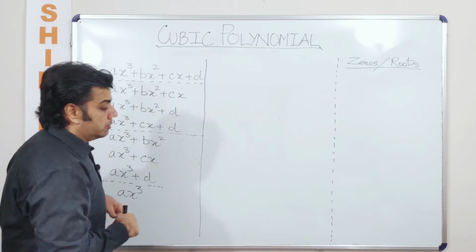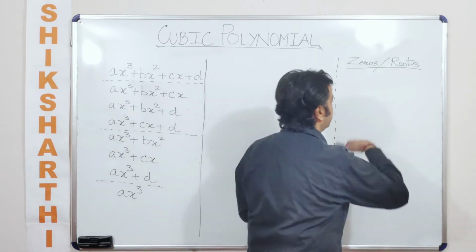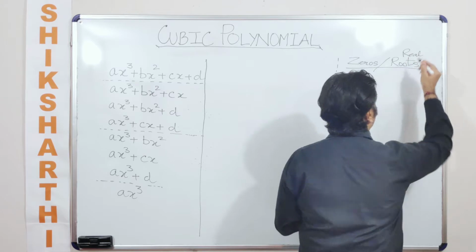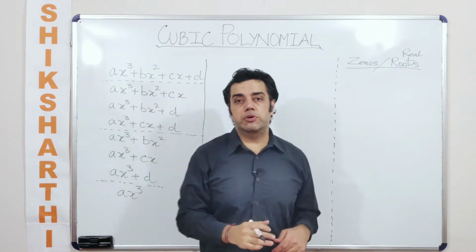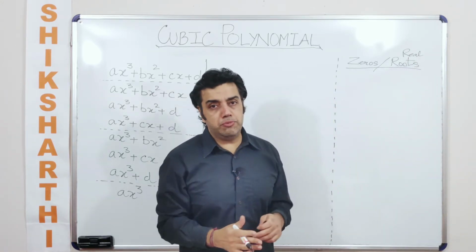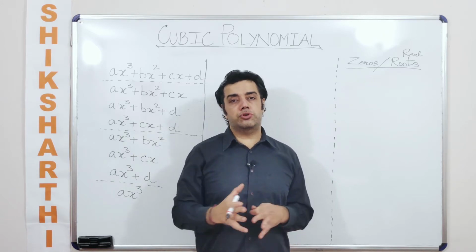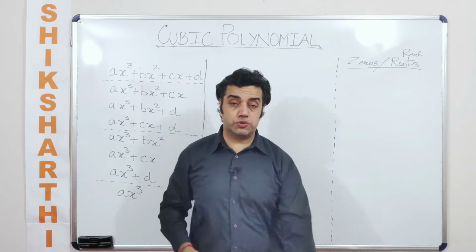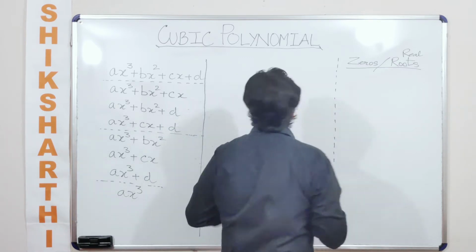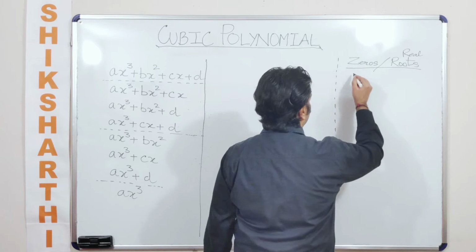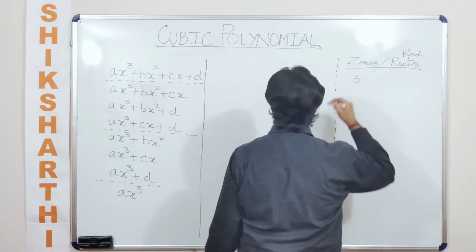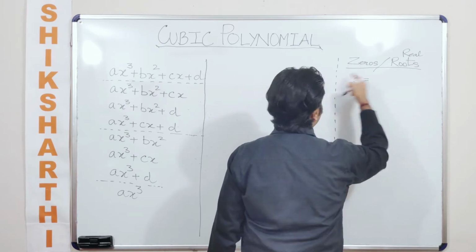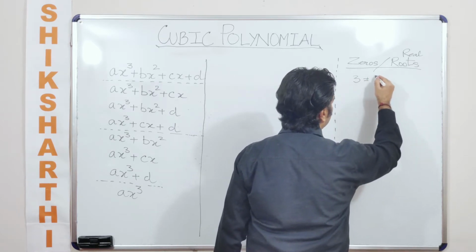Now, when we are talking about the zeros or the real roots, I hope you will be able to recollect that zeros of any polynomial are nothing but the real roots of those polynomials when equated to zero, which is why we call them zeros. So now for a cubic polynomial, we know that the maximum power of a variable, and here we are talking about a single variable, is 3. So let us segregate the roots in terms of zeros and non-zeros.